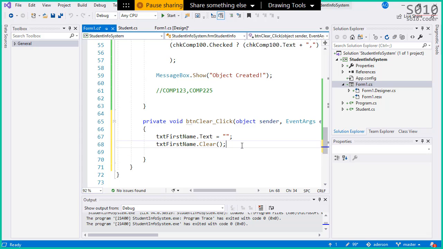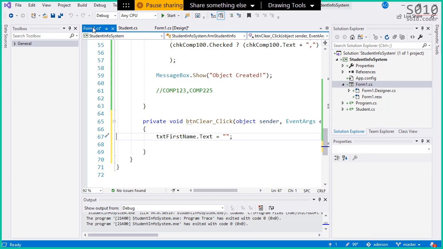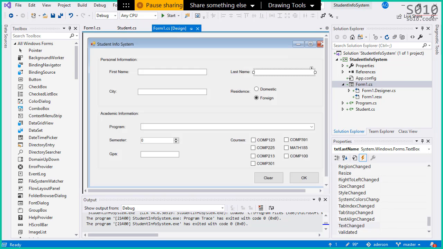Okay, so that's for text boxes. We have a few text boxes there. We have last name as well, so let's do the same thing for last name and for city. So txt last name, txt city. And then we have